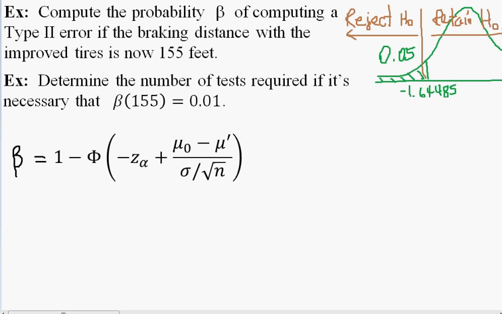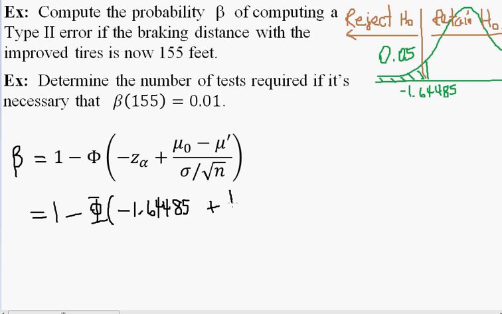In this case, we have a left tail test, and so the formula for beta is given on the screen: 1 minus phi of negative z alpha plus mu naught minus mu prime over sigma over square root of n. In our problem, we would have 1 minus phi of minus z alpha. That'll be the negative 1.64485 figure. Recall that z alpha is always positive, and so negative z alpha will be negative,